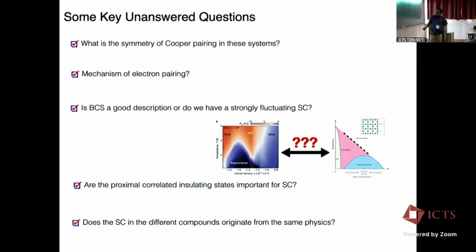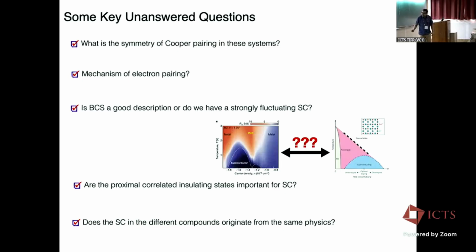We can also ask, are these correlated insulating states important for understanding the superconductivity, or are they not? Because there are experiments where the dome of the superconductor, depending on what you do in the material, seems to shift from near the insulator to slightly away, and sometimes much further away. So again, the question that is not completely clear is, empirically, is it tied to the insulator, or can you move it around so that the insulator is not so important for understanding the superconductor?